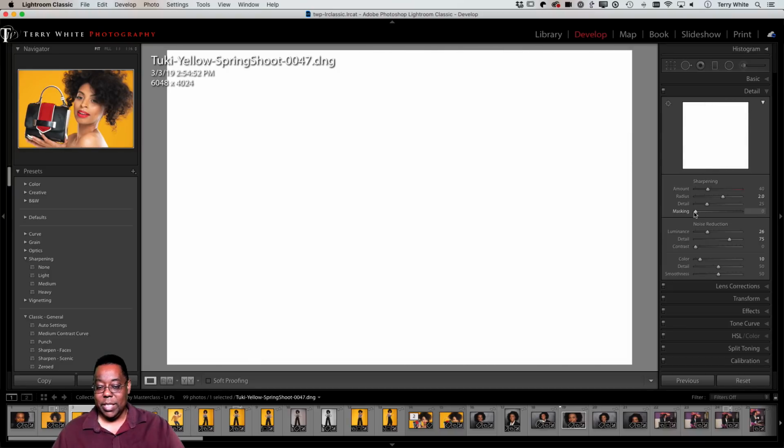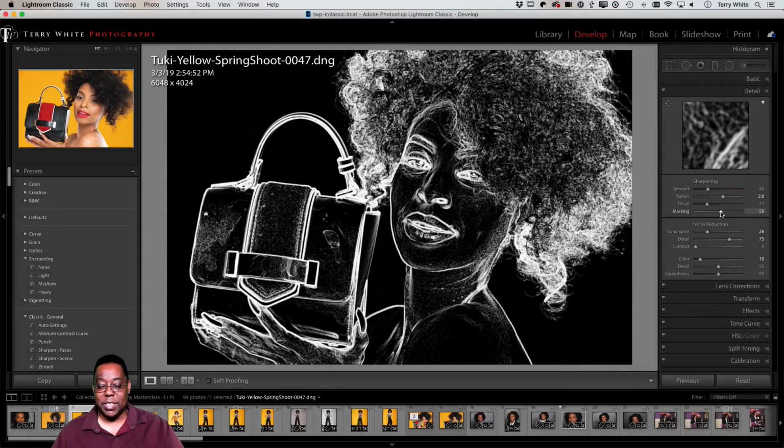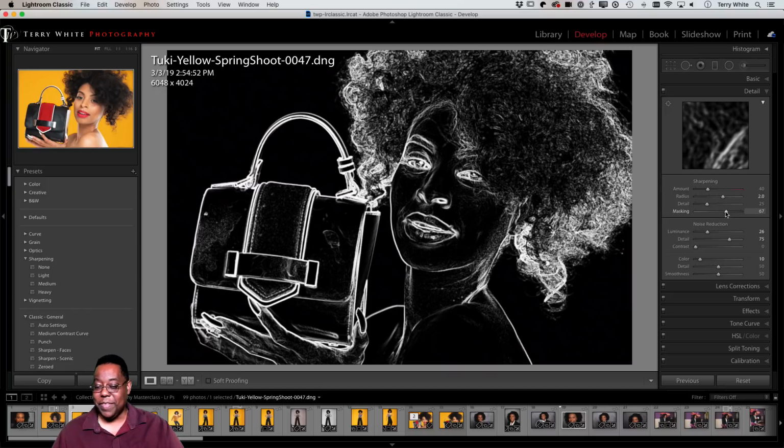Basically everything that's white is being sharpened. You don't see any black on this right now because it's at 0, which means sharpen everything. If I drag the slider to a comfortable spot where all the skin is not white, and all the things I don't want sharpened are black, then it will only sharpen the things that are white.